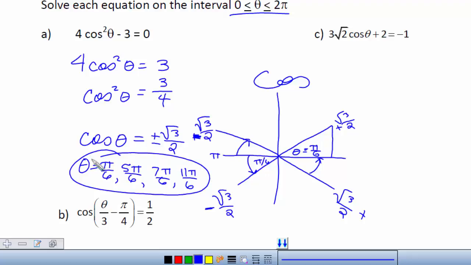So if we see this on the test, you want every solution between 0 and 2 pi. Normally, we'll be looking for every solution between 0 and 2 pi. A little bit later, we will look at finding all solutions, and we'll come up with kind of a formula for the solutions. But right now, we'll just limit it to 0 and 2 pi. Okay? Questions about that? All right, that was a little bit of review, but you have to understand that so that you can find